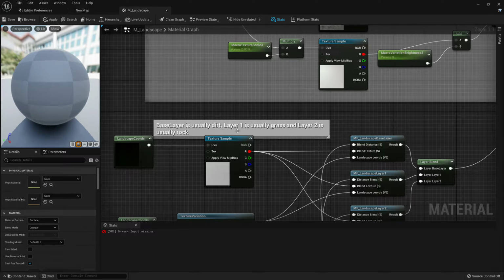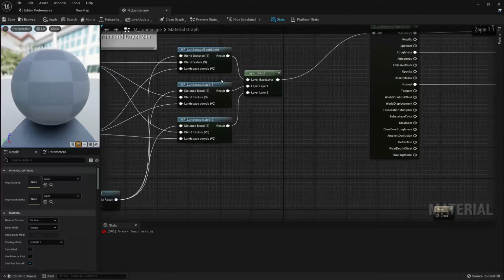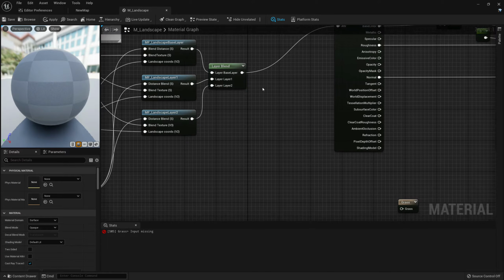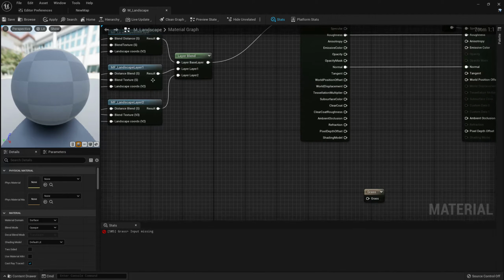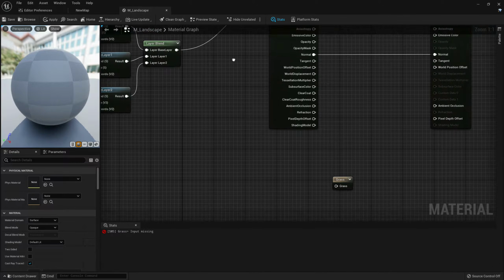Remember, base layer is usually dirt, layer 1 is usually grass, and layer 2 is usually rock. So I want to use layer 1 because that's where our grass is. So while I could go ahead and get my grass layer from here and just do that,